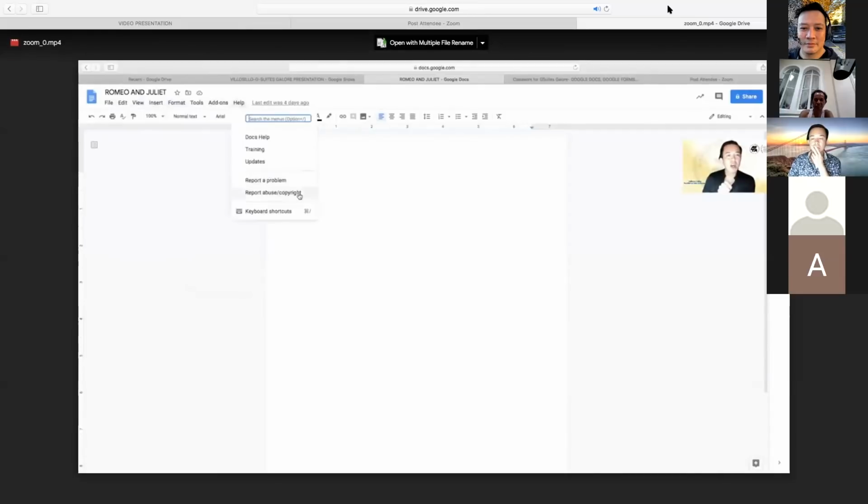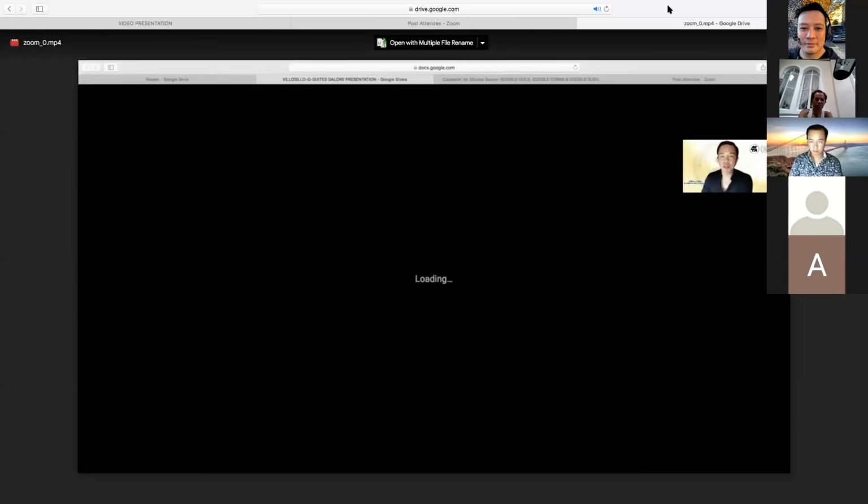Tools, Add-ons, and then you also have the font, the font size, your alignment, spacing, and bullets as well. These are some of the toolbars in Google Docs.